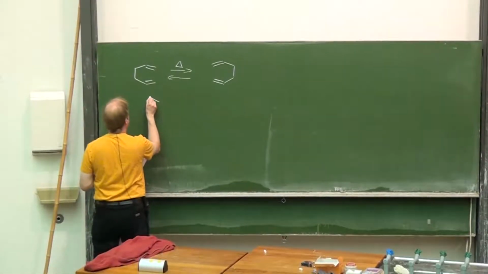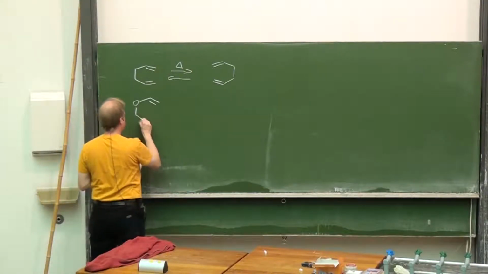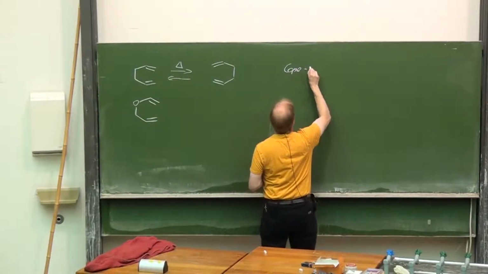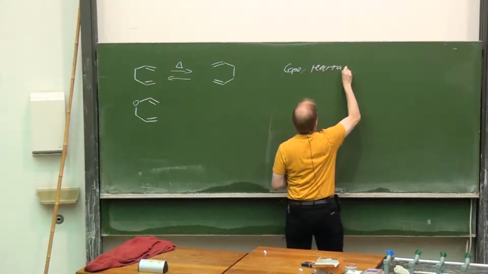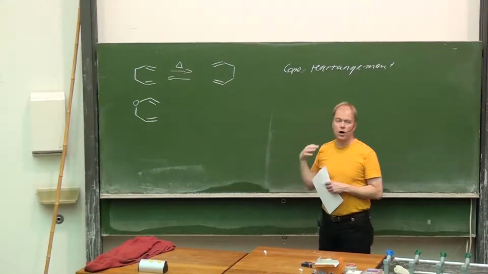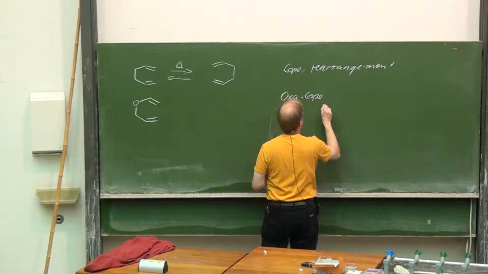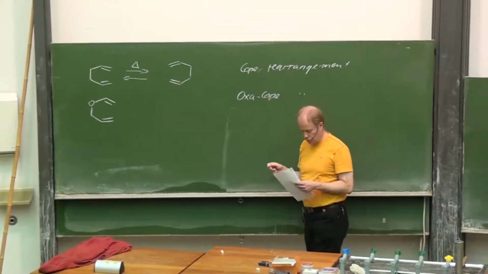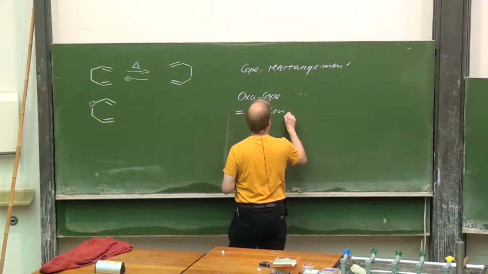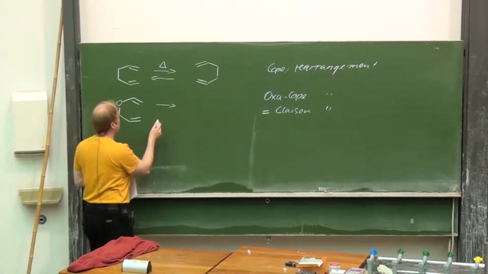Let us exchange one methylene group by an oxygen. Then we are dealing with an oxy-Cope rearrangement, better known as Claisen rearrangement. So, a vinyl allyl ether